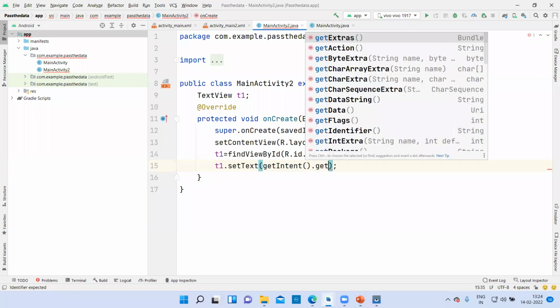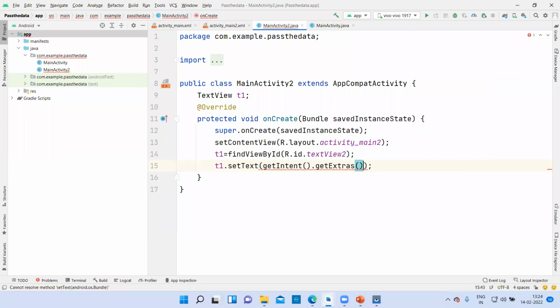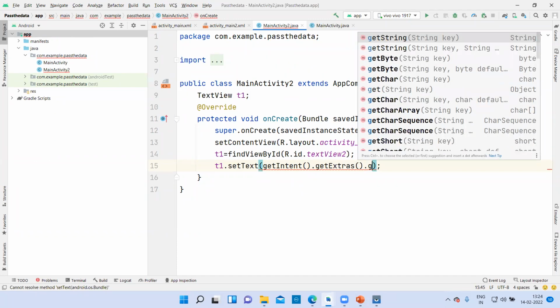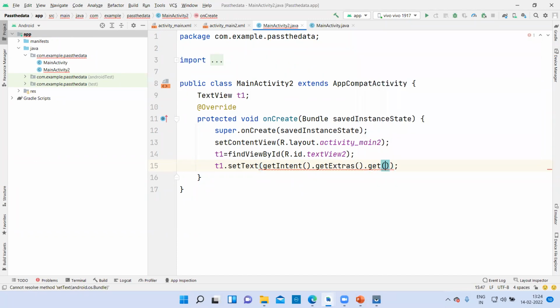In order to retrieve the data from that putExtra, you have to use getExtras. Then you will say getString because a string is being passed. For what key you want to have the data, that is name. Fine, because in name you have passed the data in activity 1. So that's it. We are completed with the code.